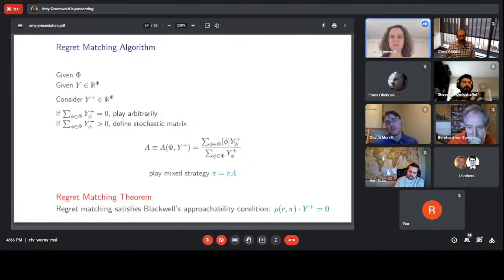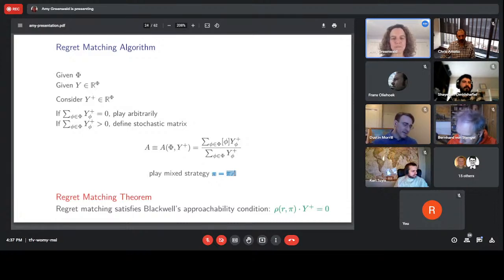Okay, so that's how we build this stochastic matrix, and then it turns out that playing the fixed point, oh, whoops, I switched from left to right multiplication. This should say pi equals A pi. But anyway, playing the fixed point of this stochastic matrix is going to be a regret minimizing algorithm. All right, so hopefully that's clear. That's regret matching. That's what we knew in 2003 as a nice algorithm for minimizing internal and external regret in